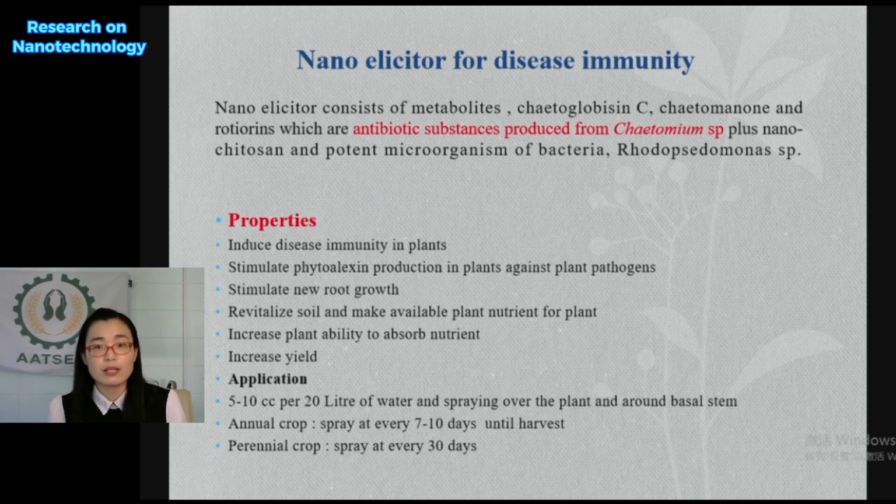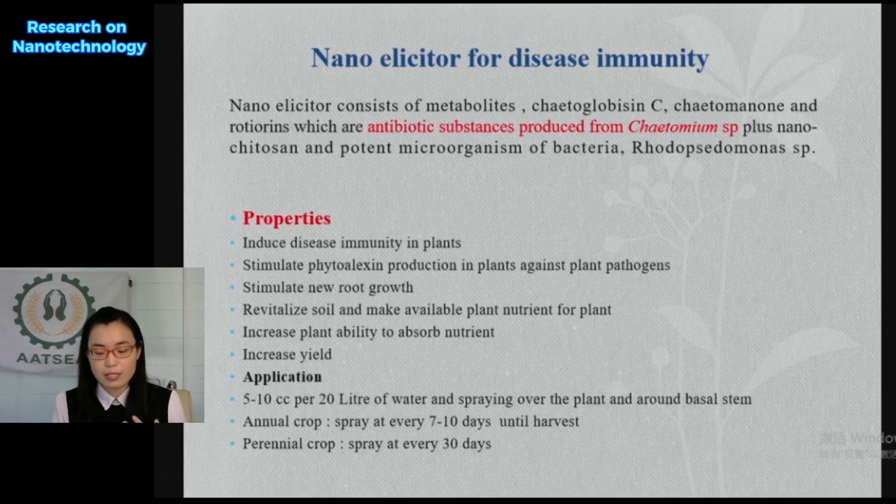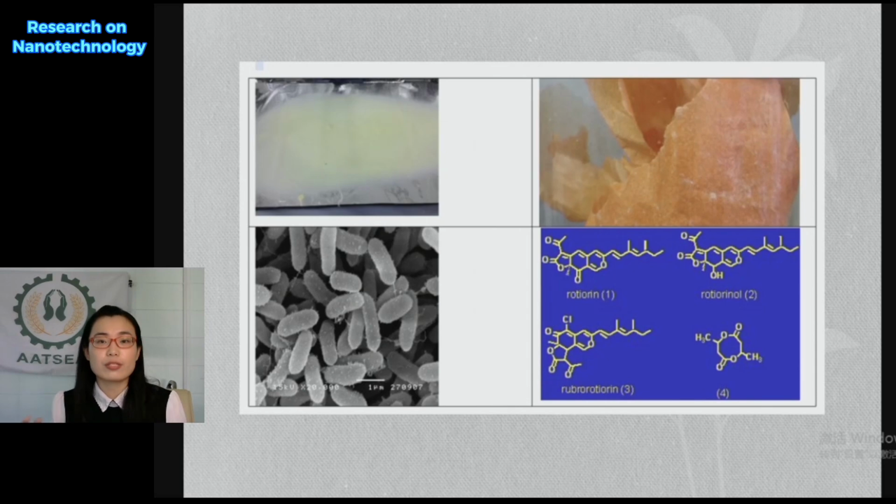As we did in rice, we checked the root length and root fresh weight. We got higher weight, even higher than the non-inoculated control. The application is as a liquid, just spray. In this figure we also show the nanoparticles of the pure compounds and their chemical